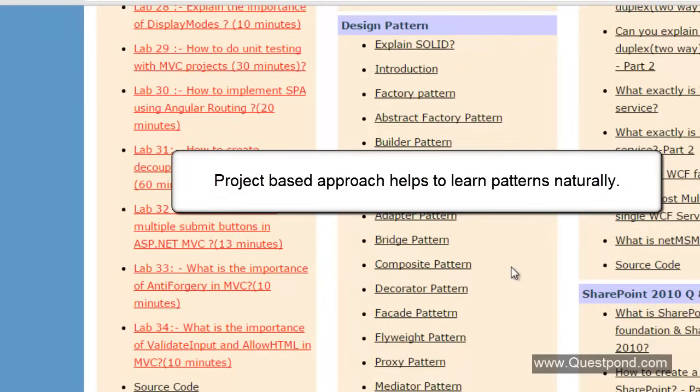And second, when I'm teaching you this project, I will be telling you to go and see more about the design pattern in this section. So I'll be guiding you at the right places to hop to this series and then come back to the project. So my advice here would be to go via the project-based approach and not via the design pattern after design pattern approach. I'll tell you why.